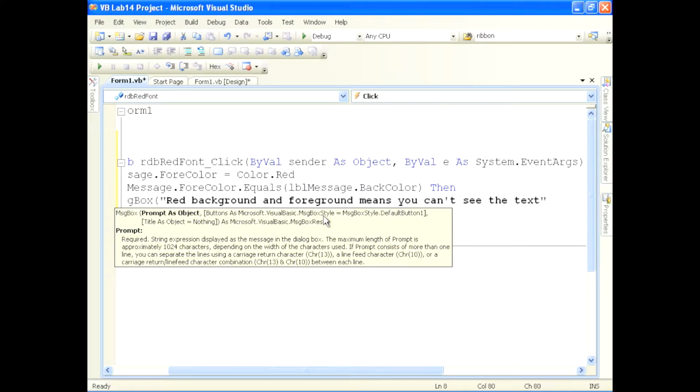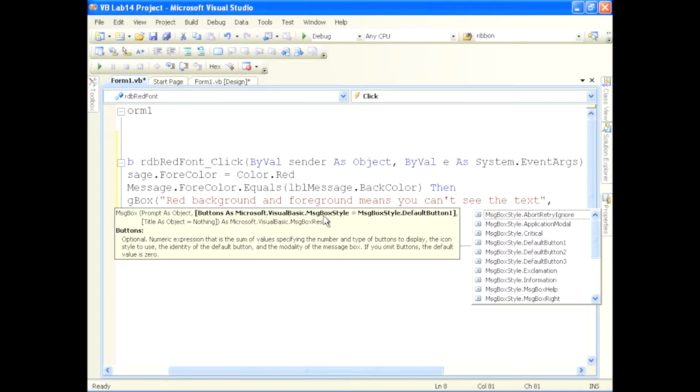Now, let me press comma, and at this point, what button do we want to display? Right, so we want to give the user an opportunity to click something. Well, in this case, what is it going to be? Is it going to be an abort, retry, and ignore type of message box? Is this going to be an application modal or critical or default button, so forth and so on? So we have all of these different options over here. In this case, I'm just going to say message box style OK only. So double click here, and then